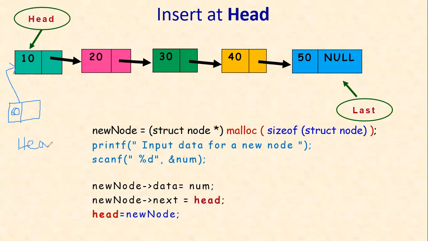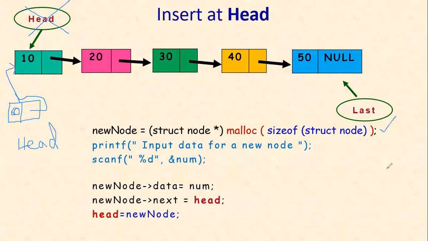So furtherly, no, this node cannot be a head because the new node created is inserted at the position of head. And how to establish this link? This new node's next must contain the address of the previous head. Okay, so how to realize this through code? These three lines of code are common for anything, right?